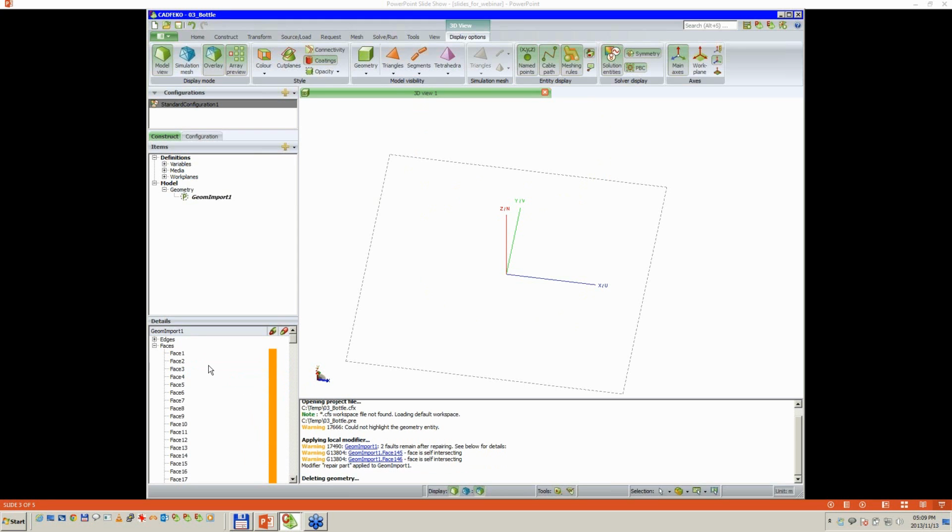But there's one downside to this. We were trying to model a solid, and a valid solid part should always have a region indicated in the detail tree. When a region is shown here in the detail tree, it means all the faces bounding that region or that volume are continuous, and that in all likelihood we can make a continuous mesh out of that part. So right now that is not possible. So let's look at another tool,